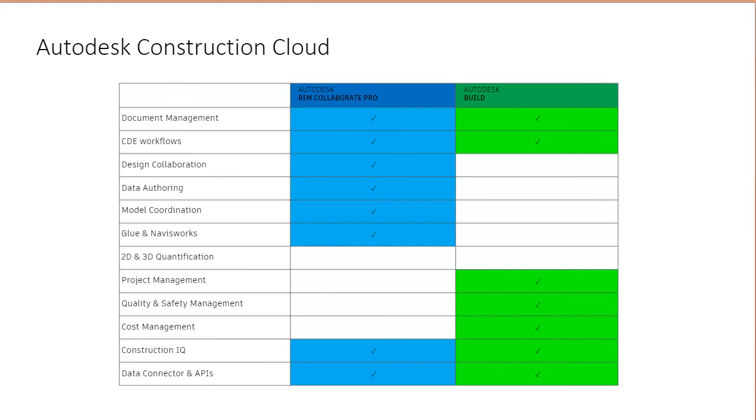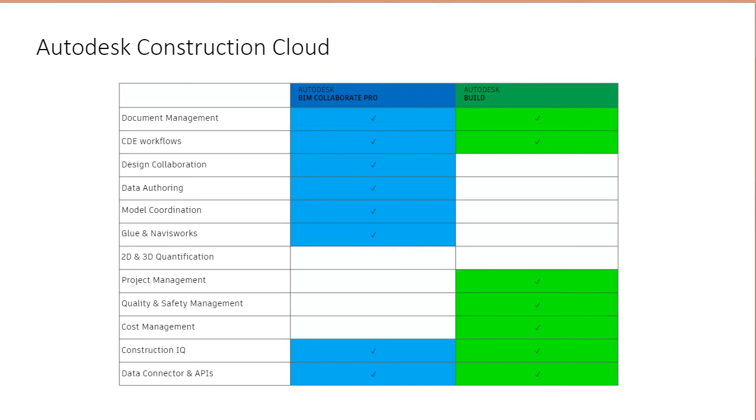That being said, for those of you that are on this call and are looking for that low-hanging fruit, how can I get the model out to the field? Maybe I already have AEC Collections and I don't want to increase my spend. BIM 360 Docs is still available. That's still included with your collections as well, and that still has a BIM 360 mobile app. So if you just want to get your information to the field, and don't want to necessarily be involved in all of the other processes, RFIs, submittals, et cetera, that we've talked about,